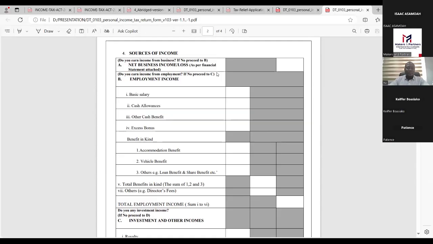Kaifa, can you see the side? Hello, Kaifa. Yes, please. So this is where you put in the income that you made or the loss that you made per your financial statement. And then you continue. Are we okay? Yes, please. But if you want more explanation or you want us to help you to file your personal income tax, you can always reach us.